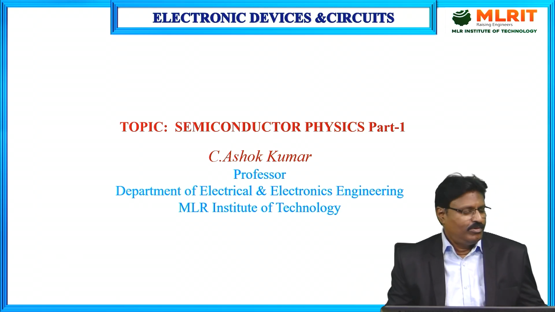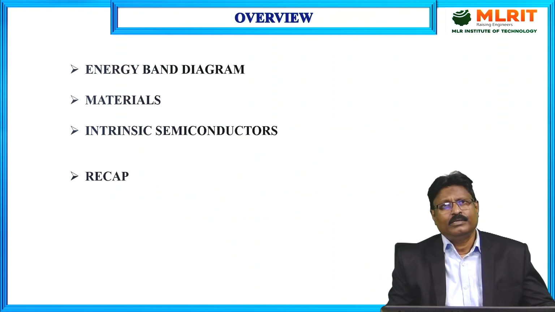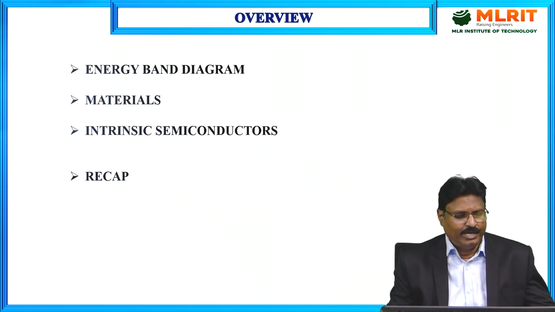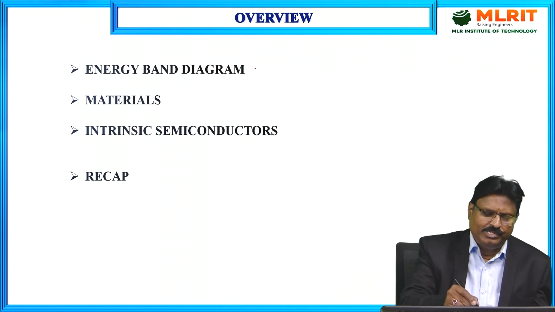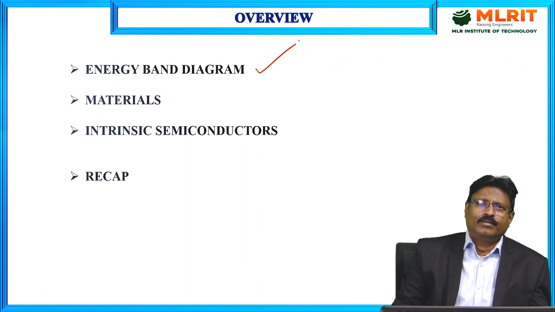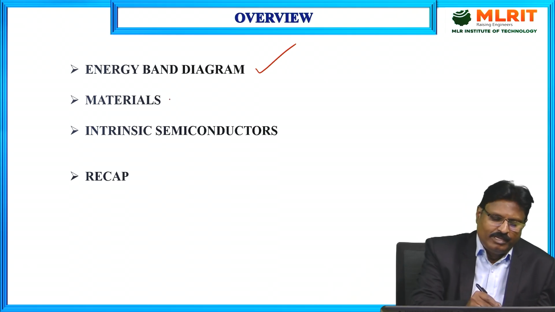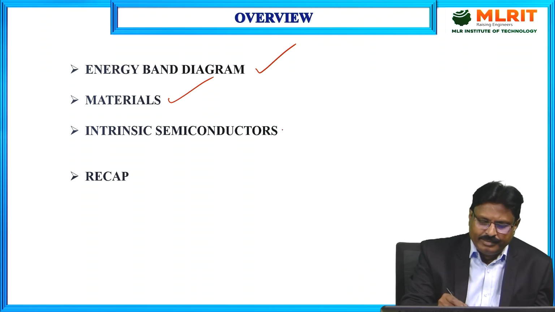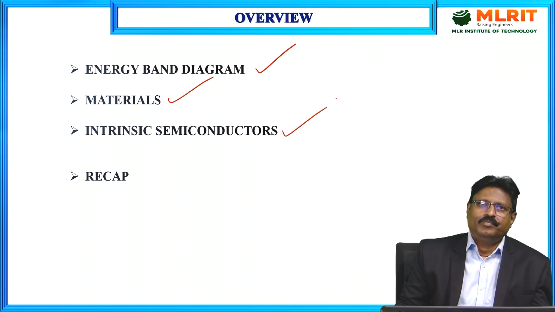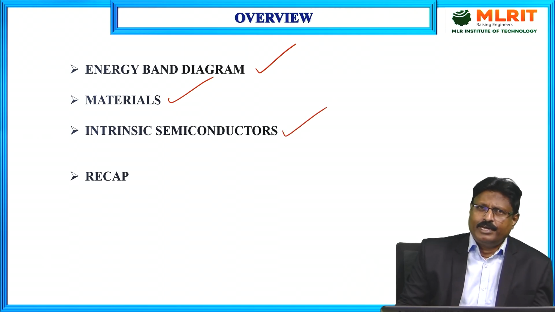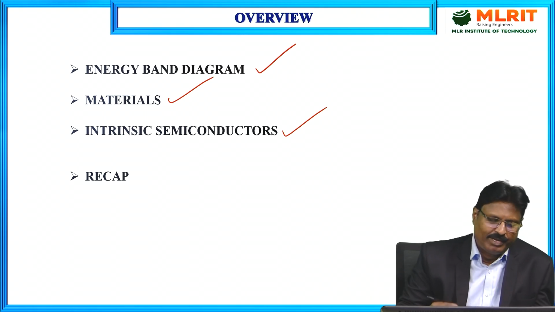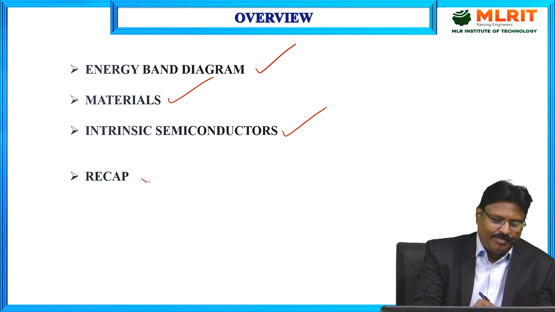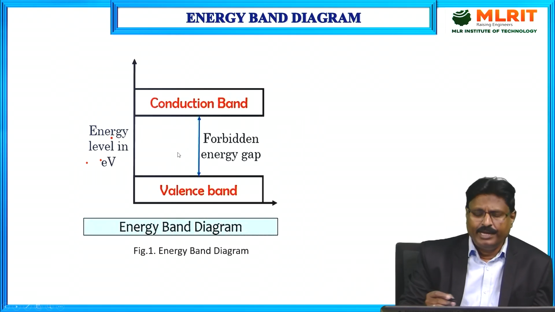So for today's lecture, the overview will be like this. First, I will be discussing this energy band diagram, by which we can classify the materials. The second topic is the materials, how they are classified depending upon the energy band diagram. Then we will be taking the semiconductor materials and the types of semiconductor materials. One of the types is the intrinsic semiconductors, and finally we will be recapping the things. So, energy band diagram, as you can see here,